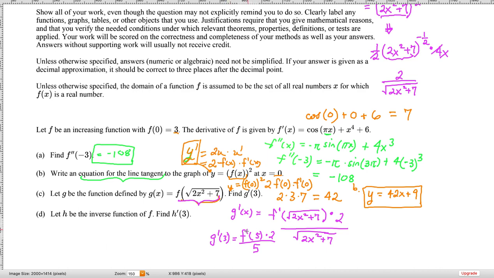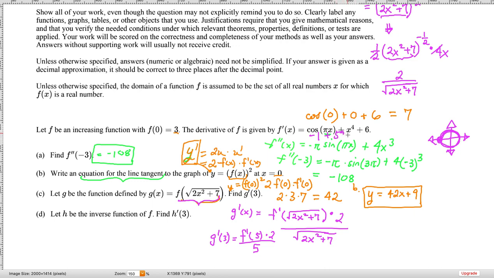Now I just need to find f prime of 5. Cosine of 5 pi, take your time with that one because I'm not too sure right away. There is a way to know right away. You can memorize certain rules, but cosine of pi, let's see. That's 1 pi, 2 pi, 3 pi, 4 pi, 5 pi. The x value at that point right there is negative 1. Negative 1 plus